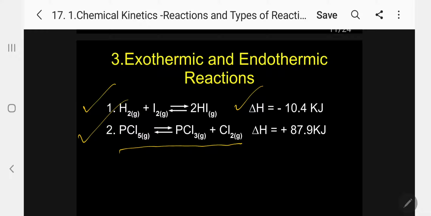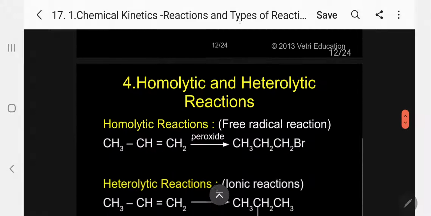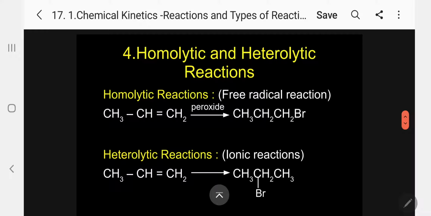So here PCl5 gas, reversible arrow, PCl3 plus Cl2 gas, delta H equal to plus 87.9 kilojoules. So the first one is exothermic, the second one is endothermic. Please follow, because a question may be asked: which one among the following is endothermic, which one among the following is exothermic. So a double side arrow indicates it is conducted in a closed container, a single arrow indicates it is in an open container. Let me come to the fourth type,